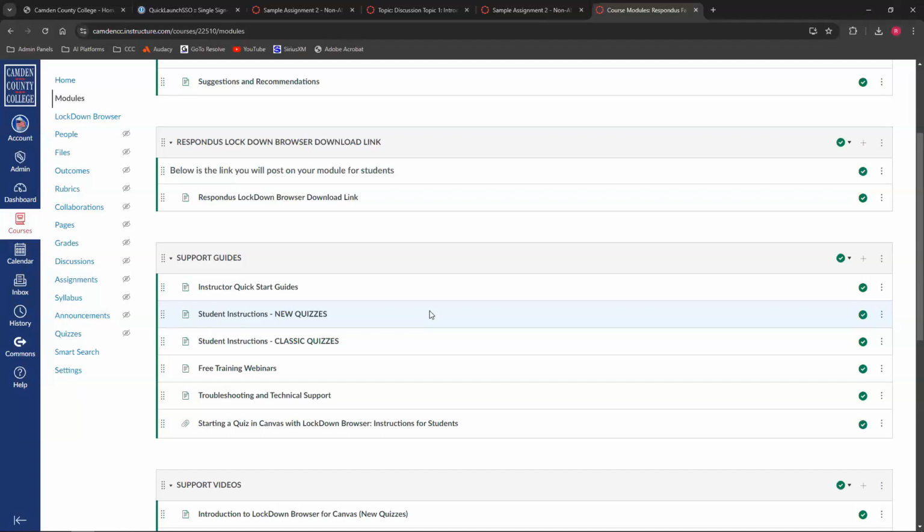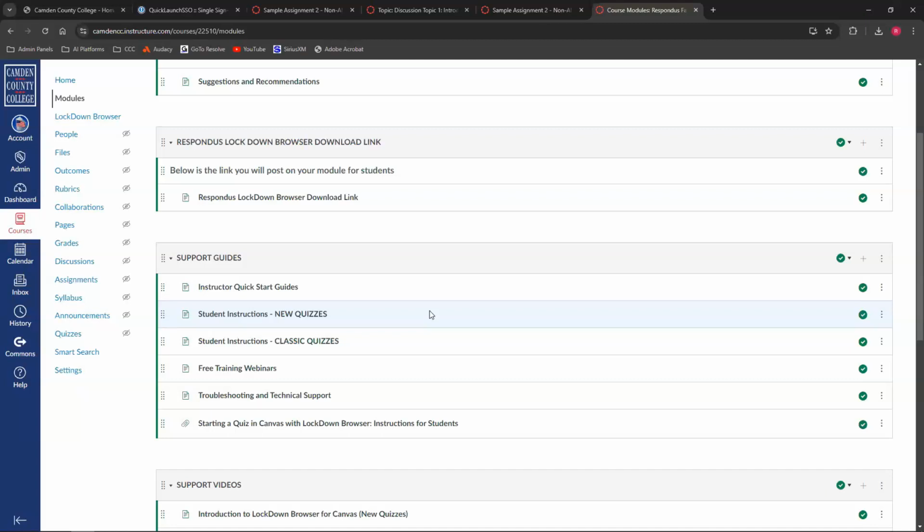The issues coming in, we get a lot of this from students: "Hey, I'm trying to start my quiz and it keeps looping me back and telling me I have to download it. I downloaded it already." That's usually the case where the student is taking a classic quiz and is trying to start the quiz from the new quiz side. There's nothing you can do about that. Sometimes there's confusion, so other than that, give clear instructions to the students